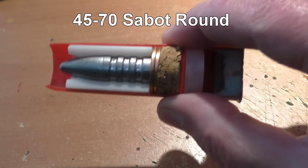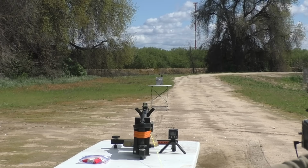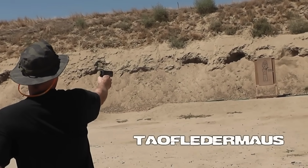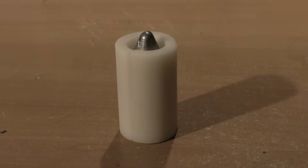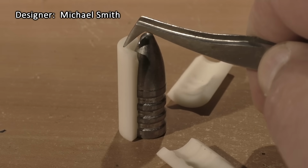Today we're going to shoot a 45-70 500 grain SABOT round. Wow. I think I like shooting that way better. Huh. Today we have an interesting design by Michael Smith, who has submitted stuff in the past like the Blue